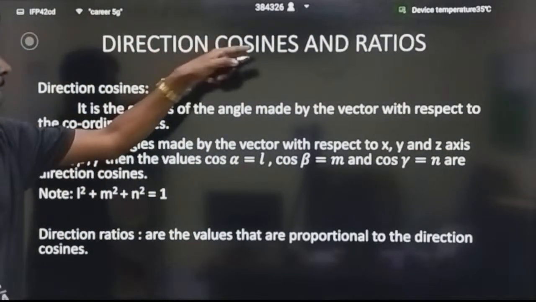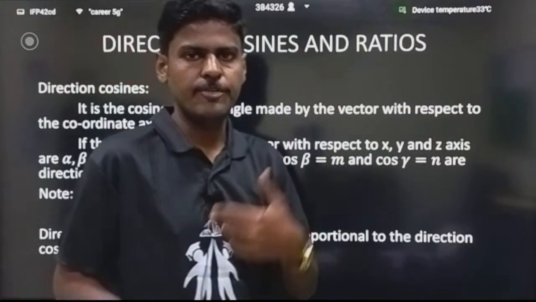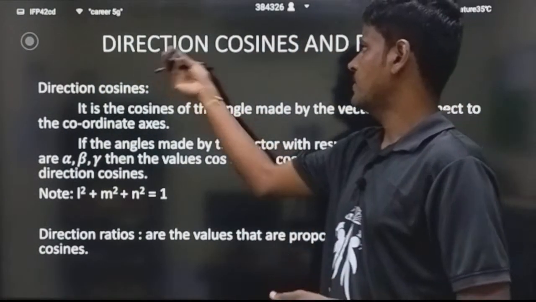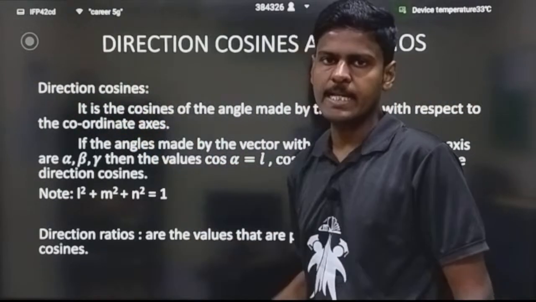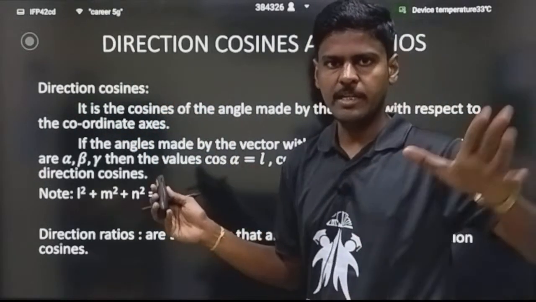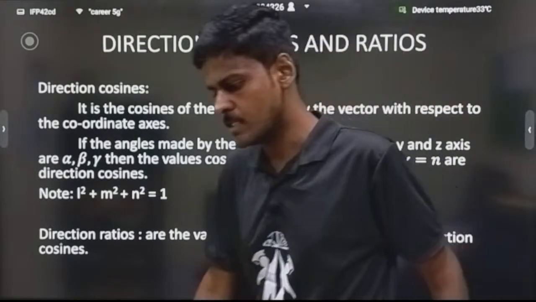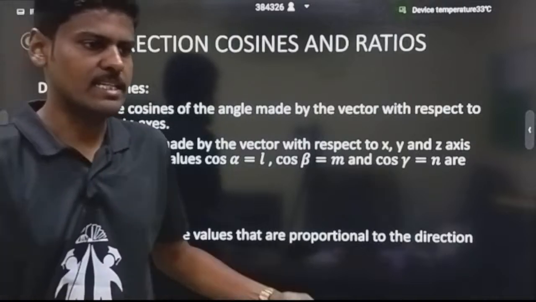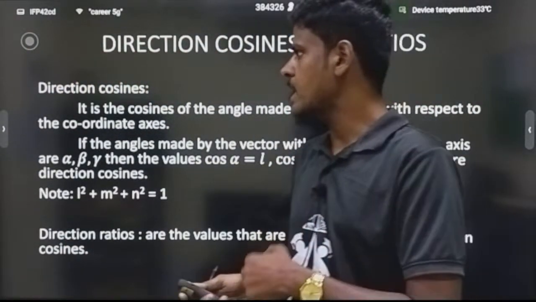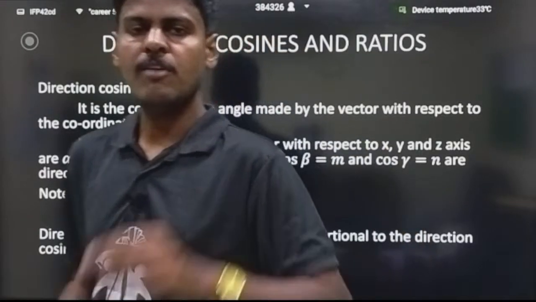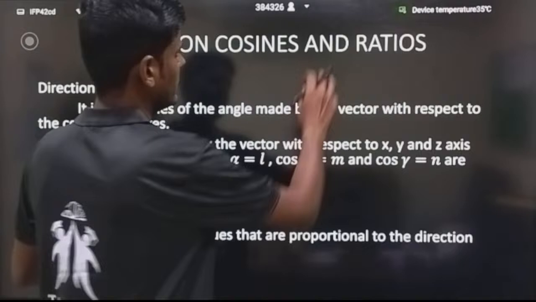Similarly, here, direction cosine and ratio means this gives the direction of a vector. And what is the difference between direction cosine and direction ratios? Direction cosine, as the name suggests, gives the direction. And what is the direction? Direction is given by cosines. What is cosine? That is nothing but cos theta. And if we take cos theta, what is theta? Theta is nothing but angle. And what angle should we use? Angle is given by, suppose in 3D,